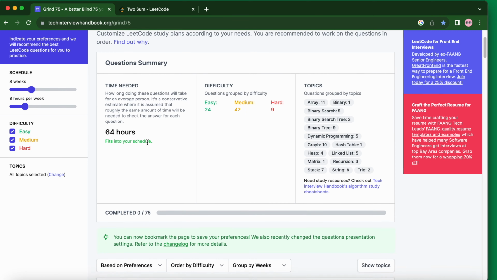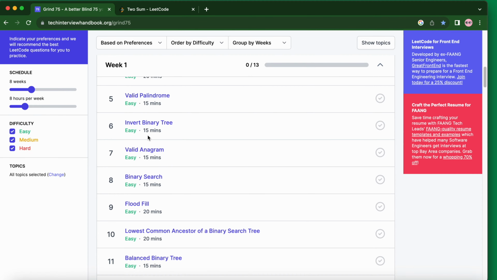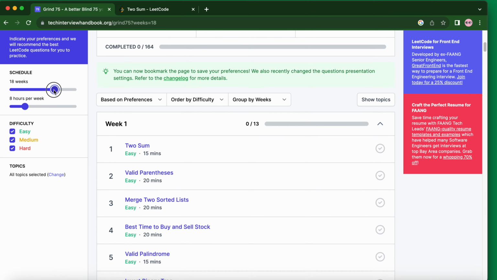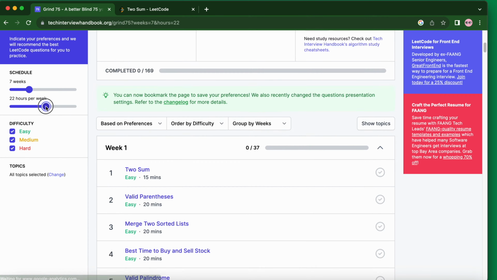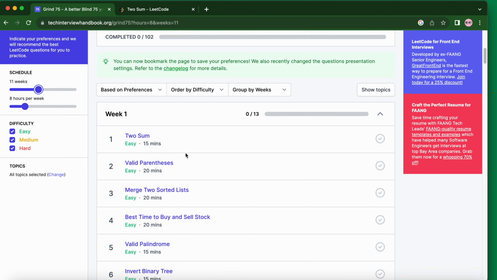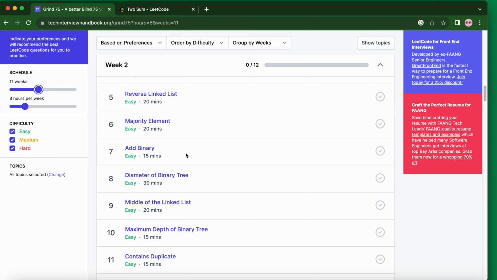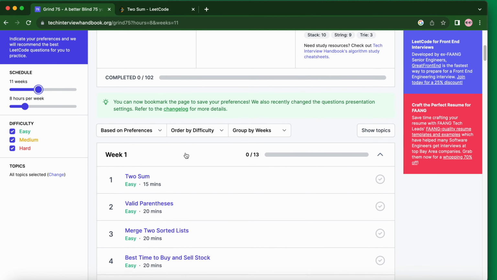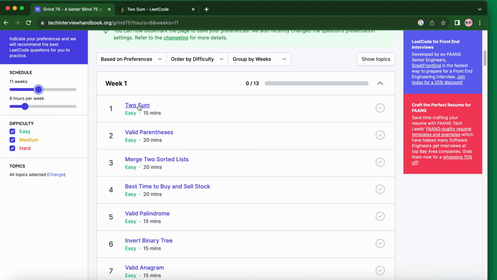What it does is it creates the schedule of all the questions that we need. You can actually make this based on your weeks. You can change the number of weeks you want to cover this course in, how many hours per week you want to give it. And then it will showcase what questions you need to cover in the first week, second week, third week, and so on. Right now we have the first problem, and one by one